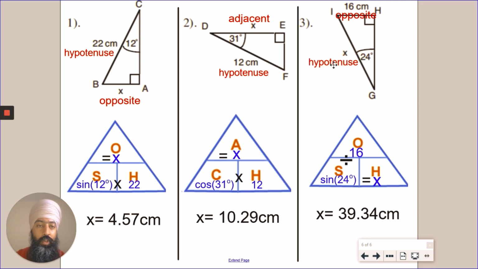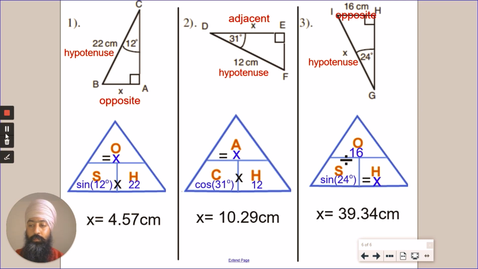So I will be using a triangle with O and H in there, which happens to be the same triangle as in the first question, the SOH triangle. Substituting the values into here, the opposite is 16, the hypotenuse is X, and the angle is 24. Because it's an S, I will be using sine of 24 degrees. Calculation, because the 16 is above the 24, I would not be multiplying this time, but instead I will be dividing. So 16 divided by the sine of 24 is going to give me my value of x, which is